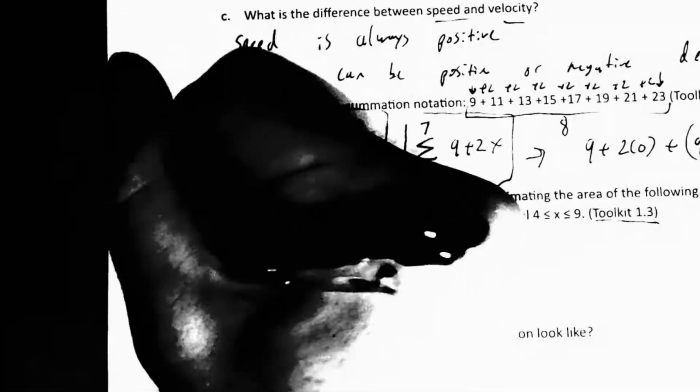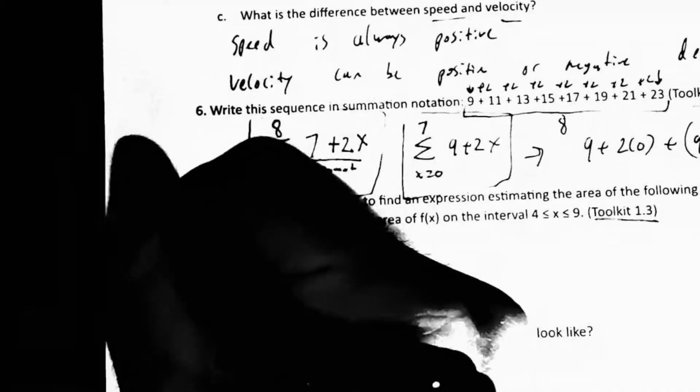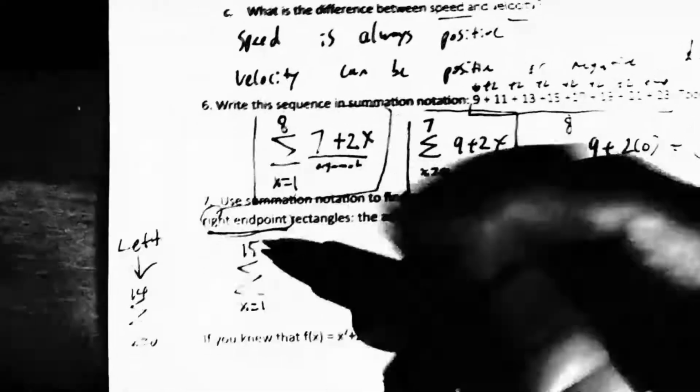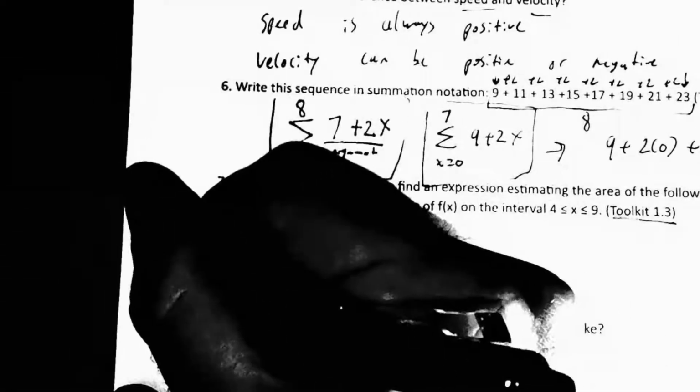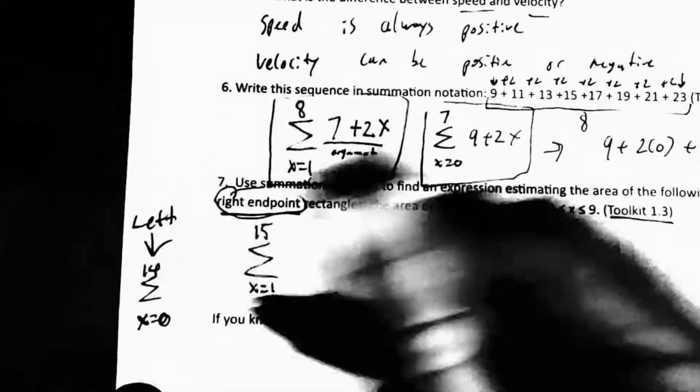Like if that said left, what you would do is the same thing, but you would start at 0 and go to 14. This is still 15 rectangles. But the reason we start at 0, I'm going to show the visual here. If you've got a function and I'm taking